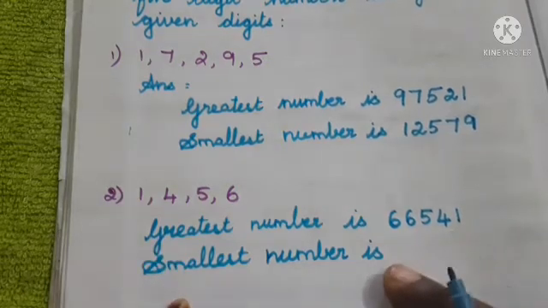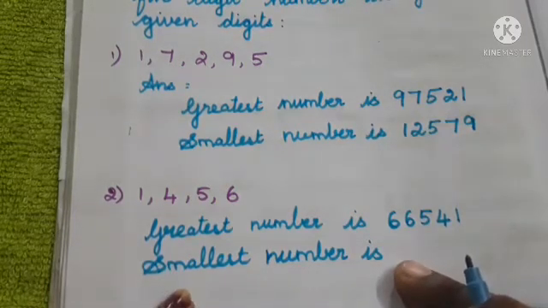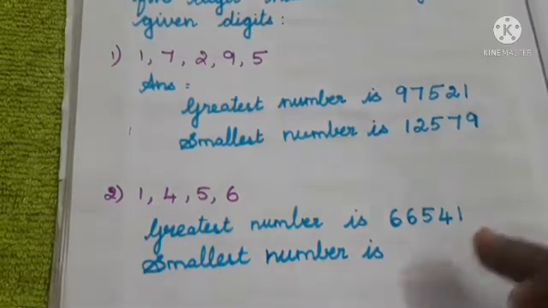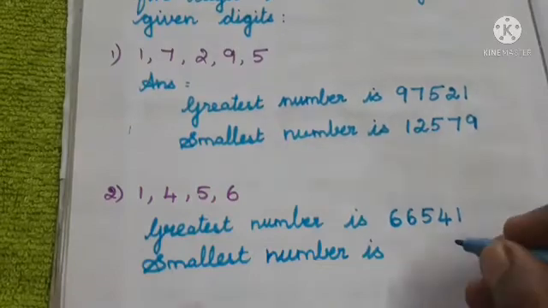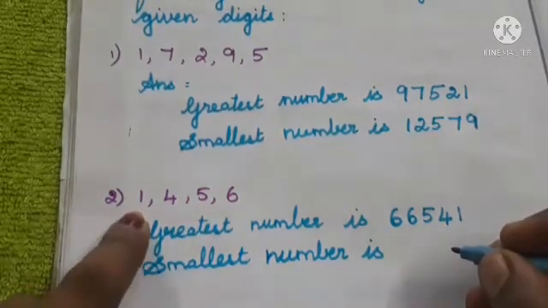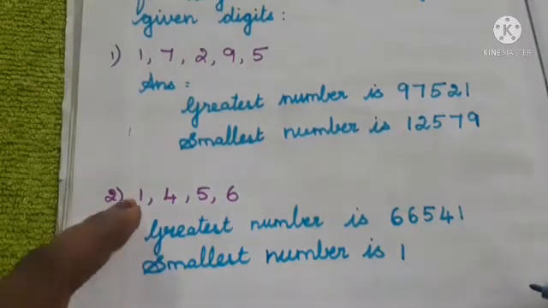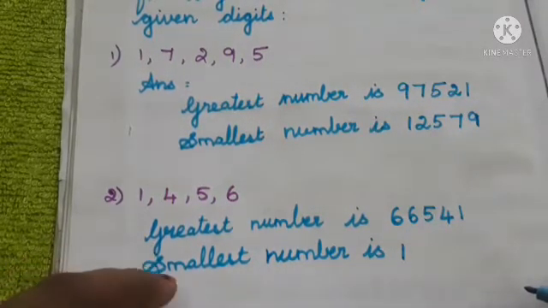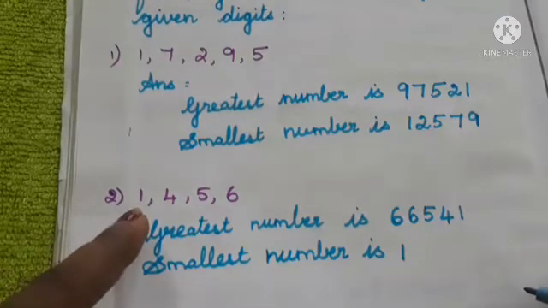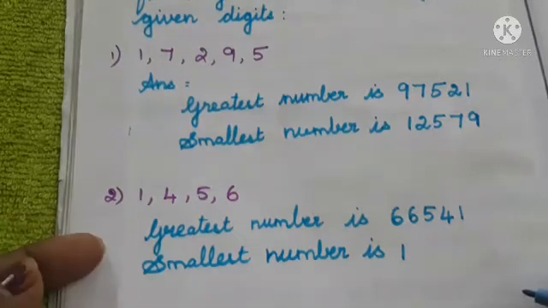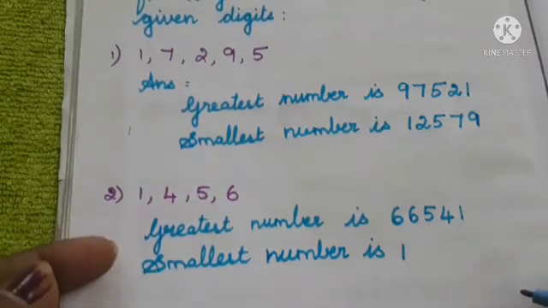Then look at the next one. We have to write the smallest number by using the 4 digits. Which is the smallest one from here? Yes, 1 is the smallest one. So we have written 1. What I told you already? If you want to find out the smallest number, we have to repeat the smallest number as per our wish, which means as many times as the number of digits they are asking. By that we have to repeat that smallest one.